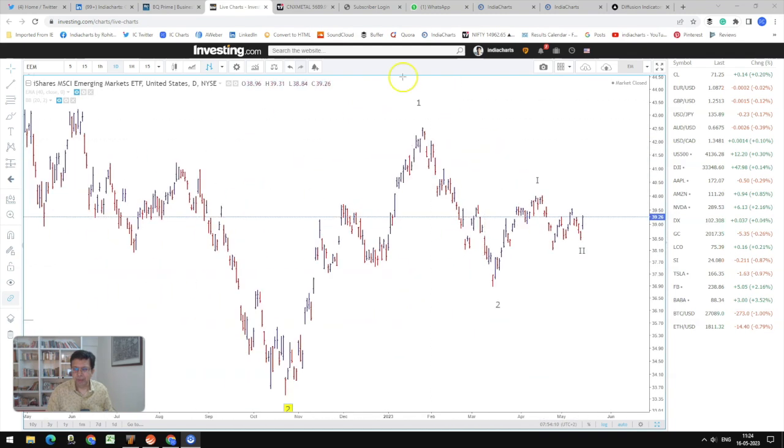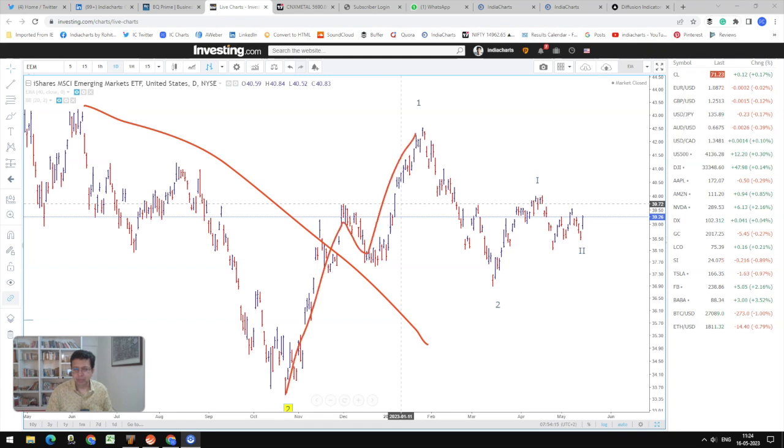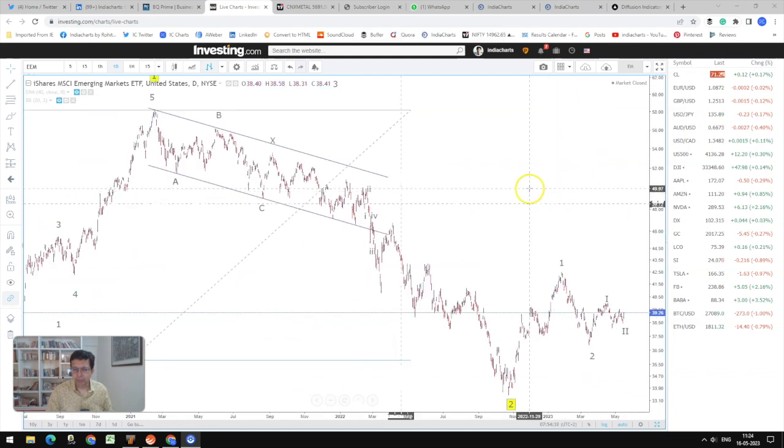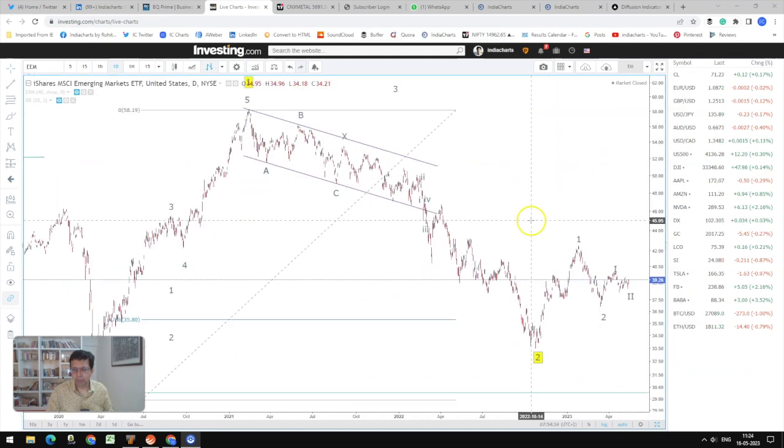The answer you do have, which is more important from a trend perspective and an investment perspective, is that the larger trend for emerging markets turned positive because it broke out past this falling trend line from the 2021 high. And that is an impulse where you've done wave 1, wave 2, 61%. And again, we are doing another 1, 2 and starting a 3. So this is looking like a very good build-up for a longer-term uptrend that has started